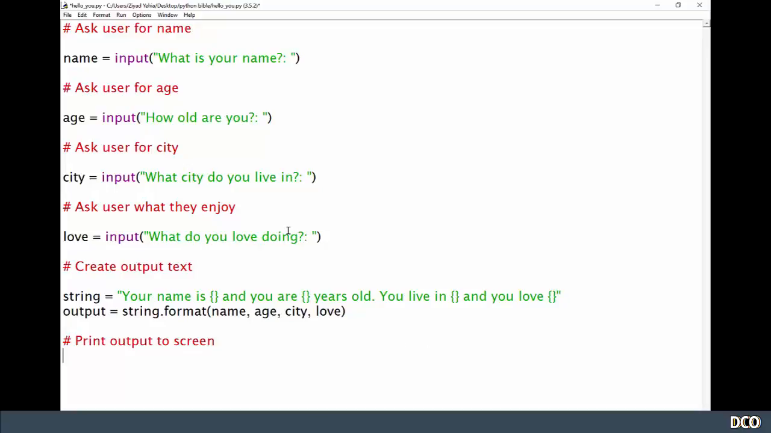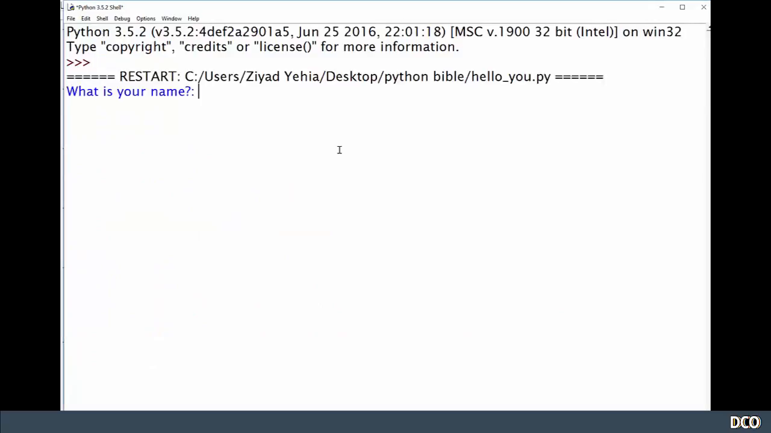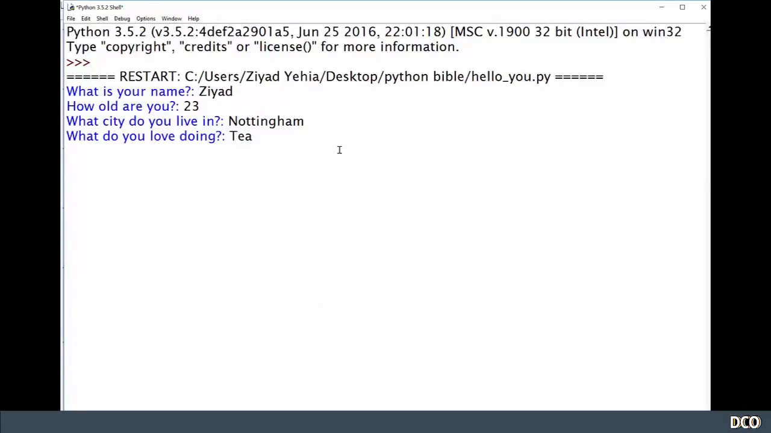Finally, the last thing we need to do is just print out the output string to the screen. Just like that. So if I save and run this, it's going to ask me my name. Let's say my name is Ziad, which it is. How old are you? 23. What city do you live in? Nottingham. And what do you love doing? Teaching